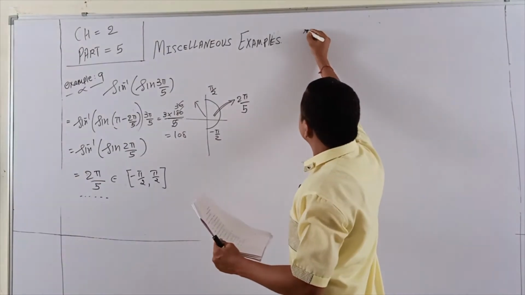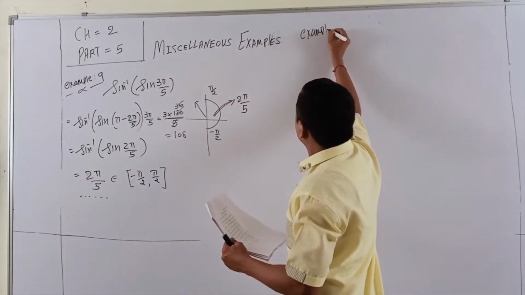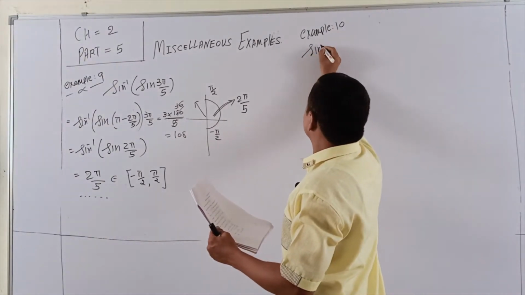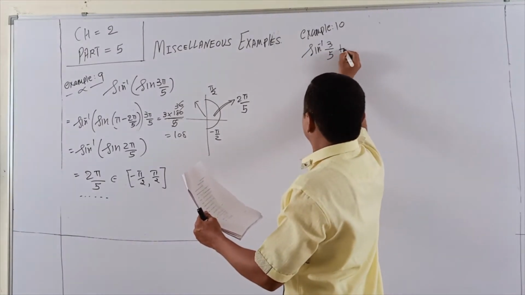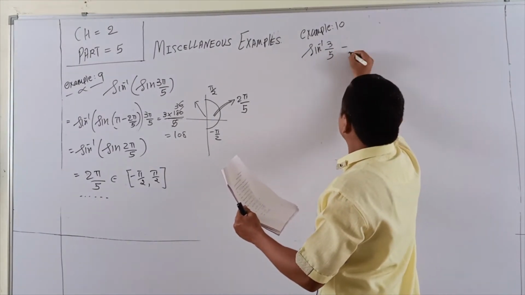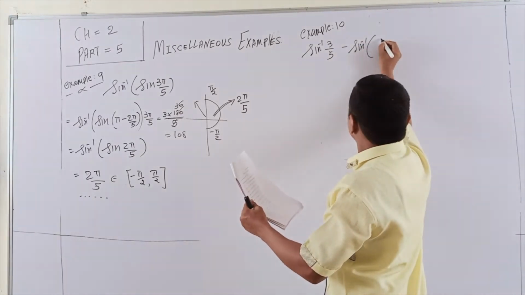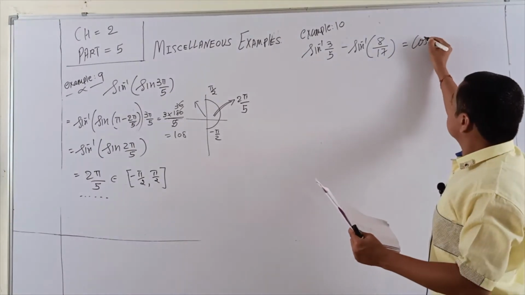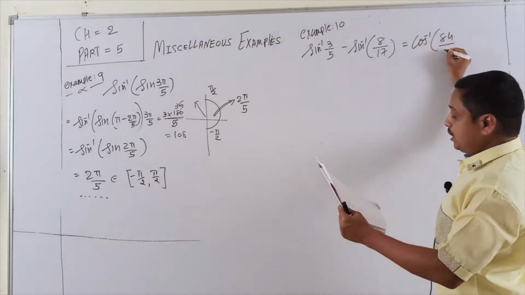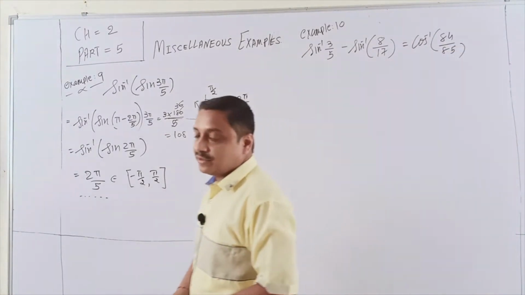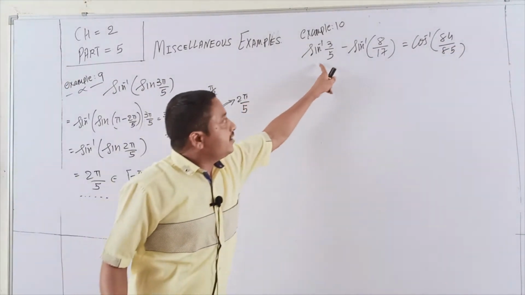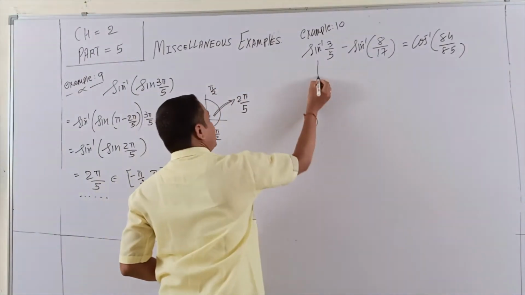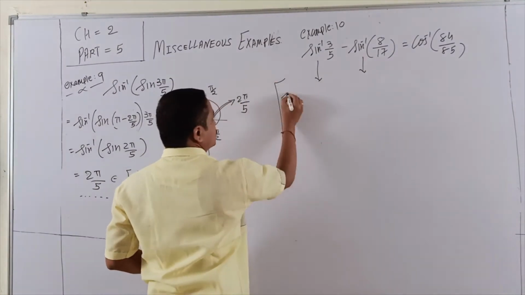Continue. Example 10. Show that sine inverse 3 by 5 minus sine inverse 8 by 17 is equal to cos inverse 84 by 85. Yes, it's a very easy and simple solution students. Sine we convert into tan. That's why here I assume, suppose